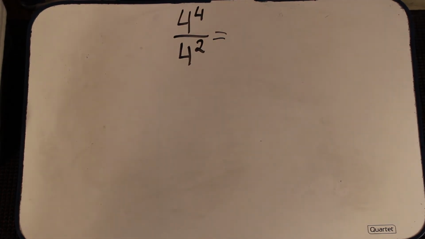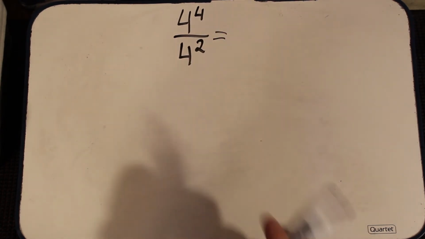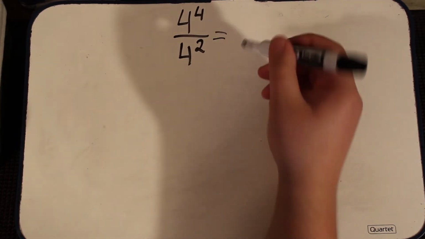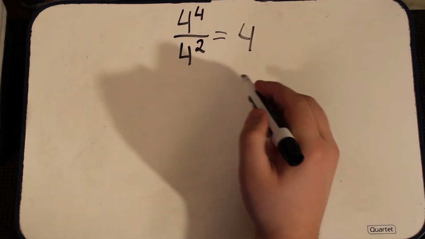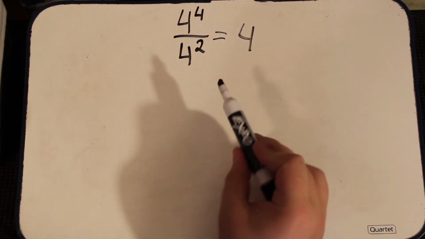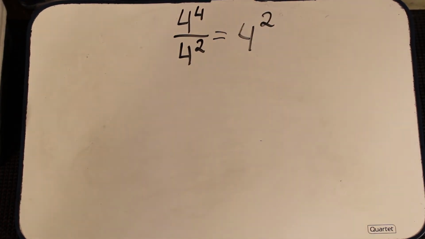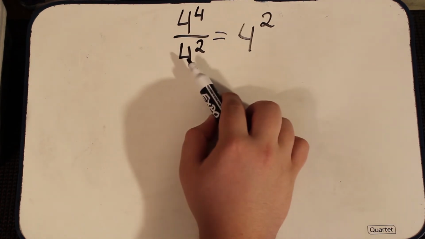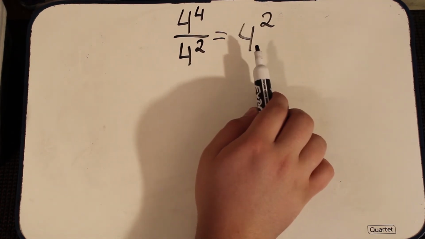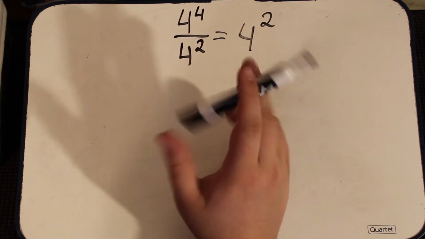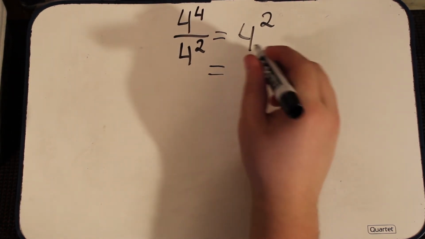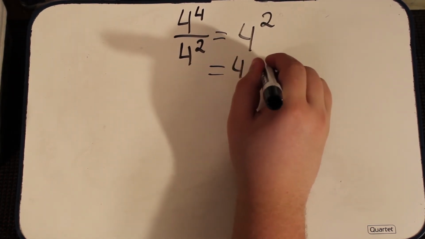You might be asking yourself, Mr. T, if there's a way to simplify when we're multiplying terms, shouldn't there be a way to simplify when we divide? And you're right. When we have two like base exponential terms, we keep the same base and simply subtract the exponents. So we subtract 2 from 4 and get 2. So this term here simplifies down into 4 squared, or 4 to the second power, which is of course 4 times 4,